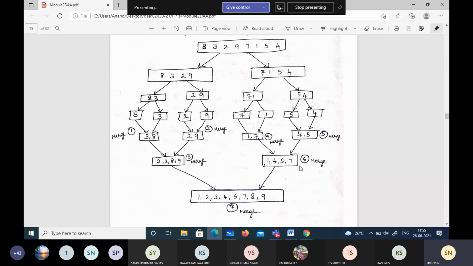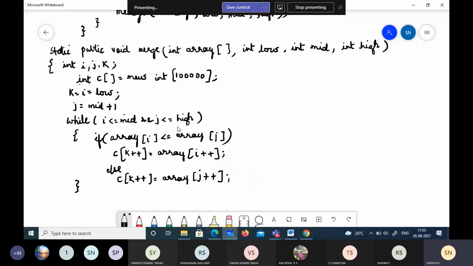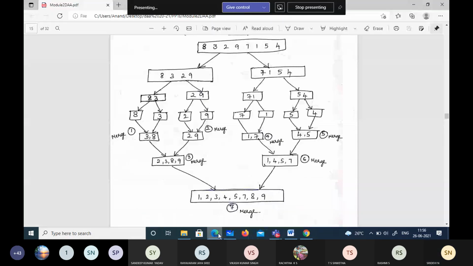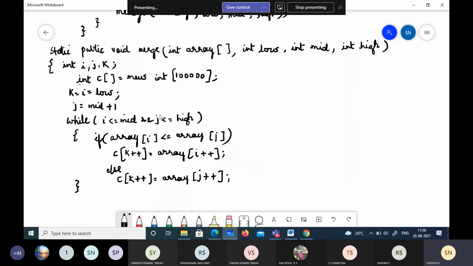So now what happens? You tell me now. J is also incremented now. So what happens as it crosses the index? Now when we come back to the while loop, what happens? While loop should be continued until j is less than or equal to high. Here it has crossed, isn't it? Elements over. What does that mean? The while loop is false. It will come out of the while loop now, isn't it? Because this condition fails. Clear?